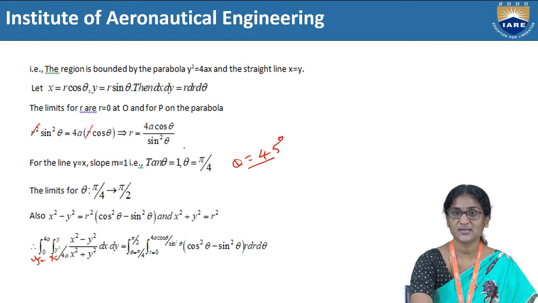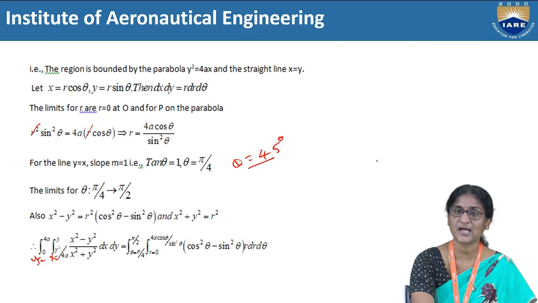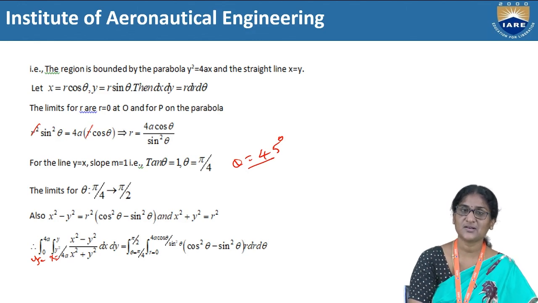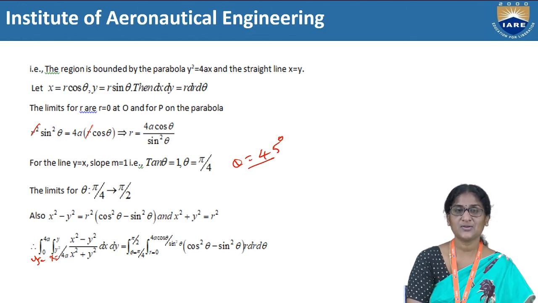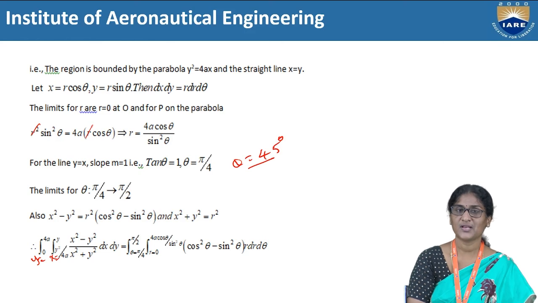What I'm doing is writing one limit as a variable limit and the other as a constant limit. Theta I have taken as a constant limit and r as a variable limit. You won't get both constant limits unless the region of integration is a standard figure like a rectangle or a square. But when you take curves, you don't have constant limits for both. One you have to take as a constant limit and the other as a variable limit, and that is how the problem is done.